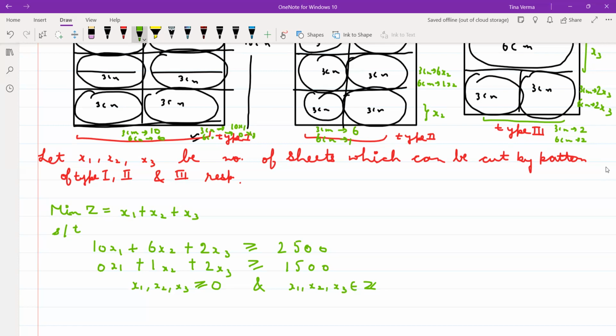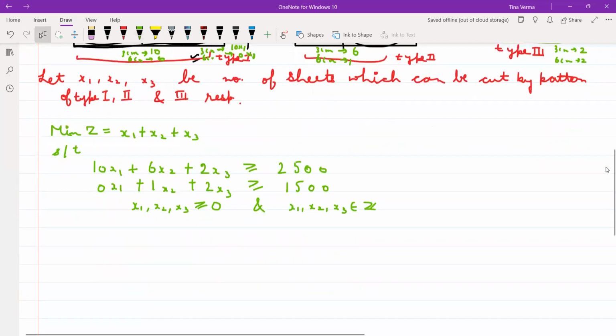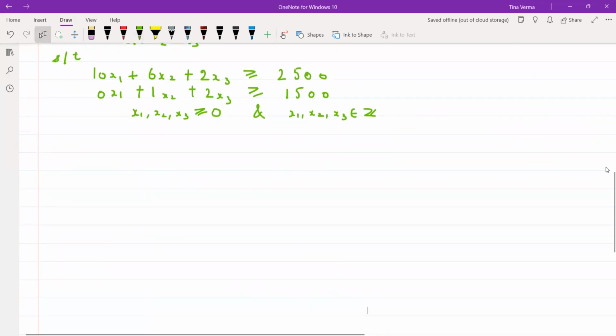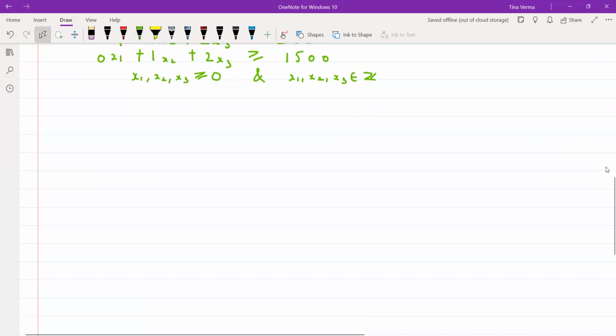So this is the problem, that you have given one metallic sheet and you have to cut circular plates from that. And firstly, what you have decided, the patterns in which you can cut your sheet. The similar example related to this, is it clear? Is it clear to all? Next example is